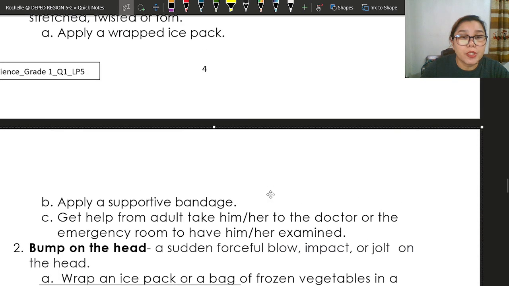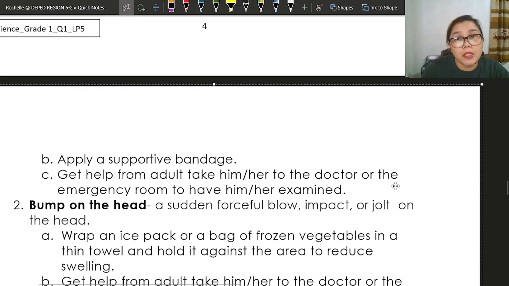And then, apply a supportive bandage para hindi magagalaw. So, minsan din tela, or halimbawa, meron na kayong bandage sa bahay, then you can use that. And then, if it becomes swollen or still it hurts, get help from an adult. Take him or her to the doctor or the emergency room to have him or her examined. So, baka kasi it needs to undergo x-ray. So, kailangan first aid treatment para mawala muna yung sakit, pero i-anticipate na baka merong serious na